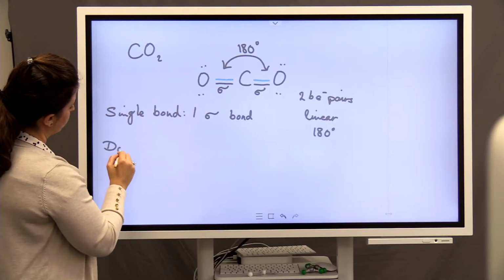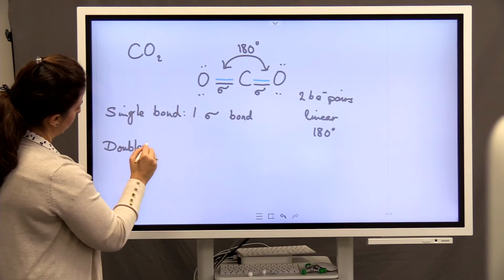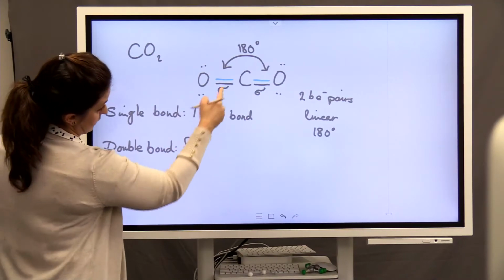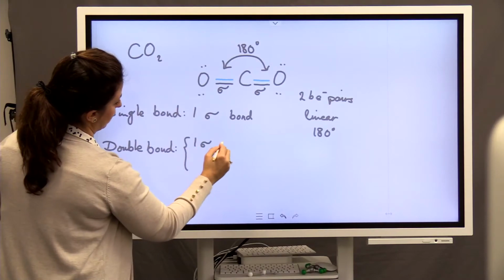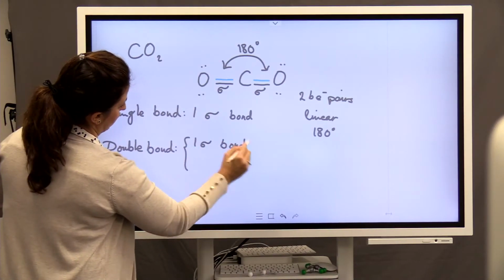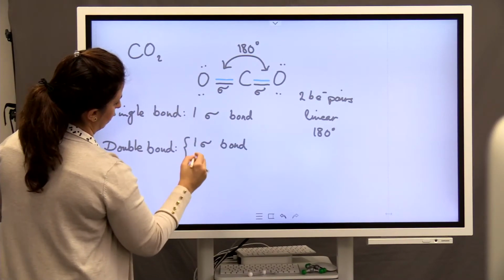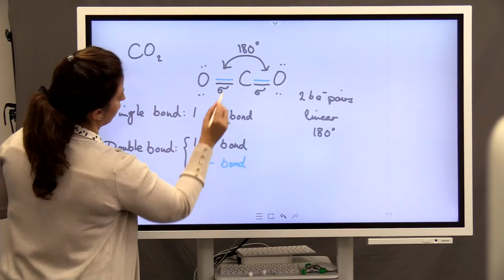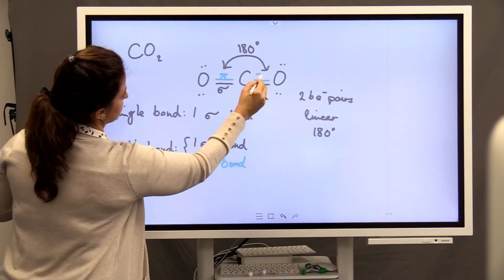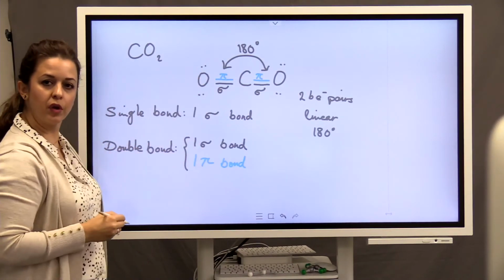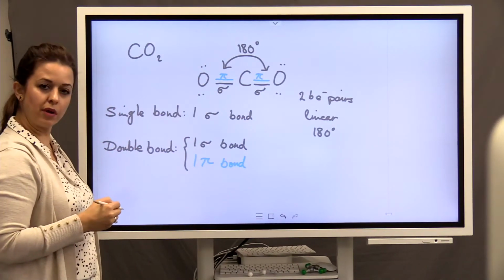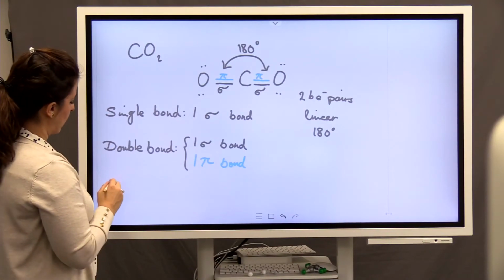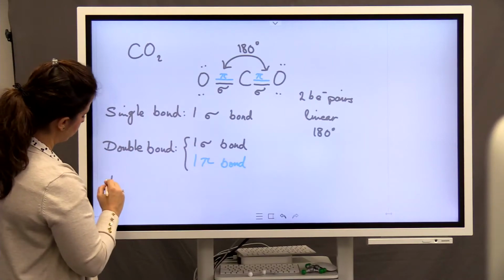A double bond contains, as you see here, one sigma bond and one pi bond. So this is called pi, this is called pi. In the next video, when we talk about the valence bond theory, I will explain the sigma and pi bond more. And in a triple bond,